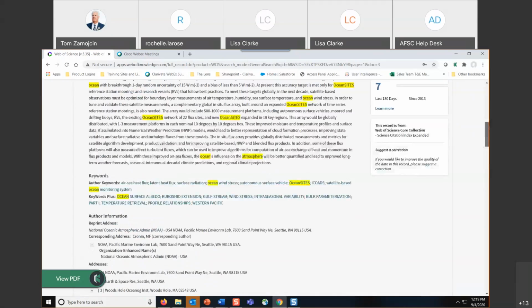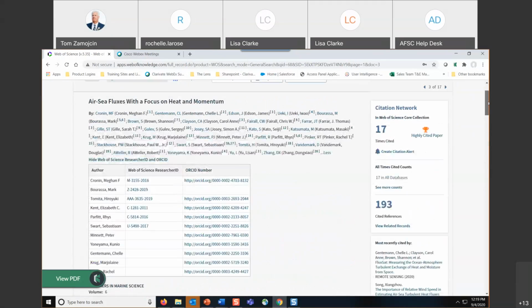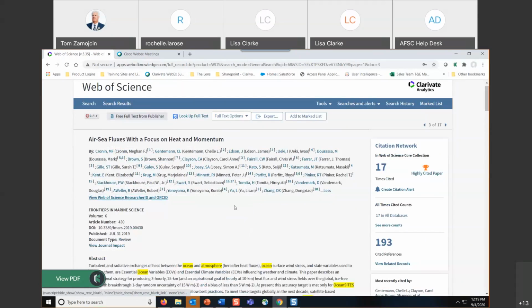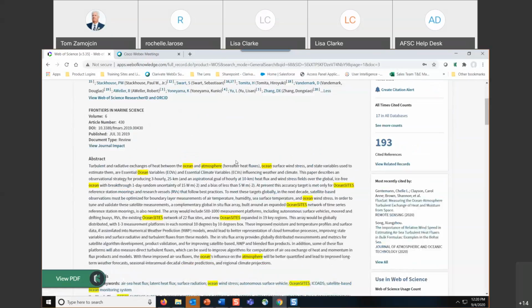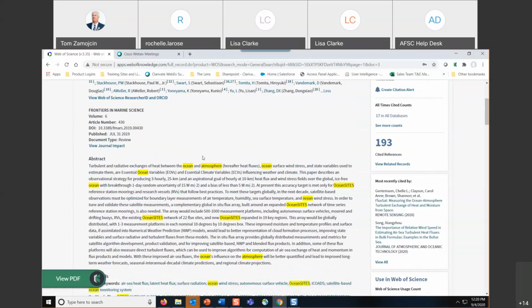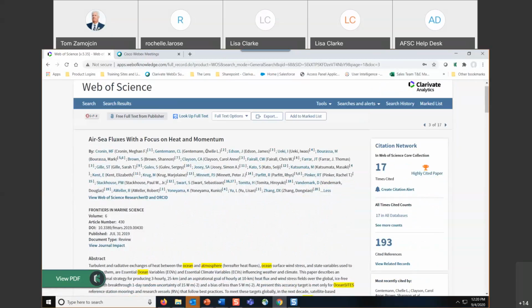Now, another thing I promised I'd get back to is Megan has 193 cited references here. Now, I don't know much about air-sea fluxes, and I don't know much about heat and momentum as measured by autonomous vehicles or autonomous vessels. But what's interesting is that Megan is talking about heat flux in her article, and she's talking about using these different technologies to monitor the interface between the ocean and the atmosphere, right? I'm not an expert, I'm a biologist, I know a little bit about some of this sort of stuff, but